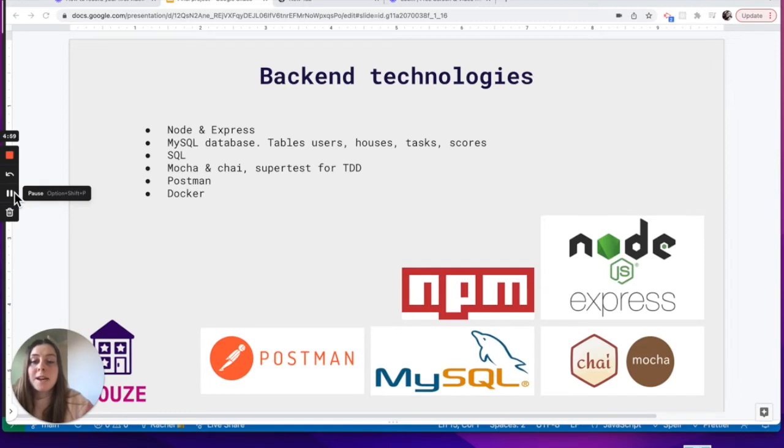Moving on to backend technologies, we used Node and Express to build our server. We used a MySQL database, whose tables included users, houses, tasks, and scores. We used SQL to query that database. We used Mocha and Chai along with Supertest for test-driven development. We used Docker to spin up an instance of a MySQL database locally, and we used Postman to help us